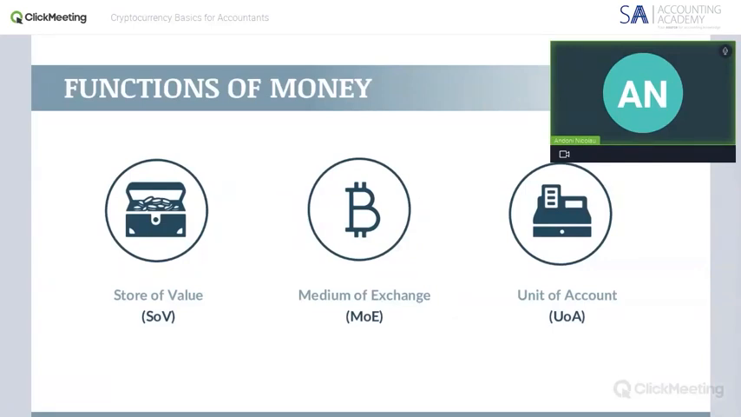Secondly, it needs to be a medium of exchange. If I'm unable to transact my store of value with somebody else to exchange it for some type of good or service, then it fails at being a medium of exchange, and it's not very useful as a money in the economy. And then lastly, the final function of a money, and not all monies perform this function, is as